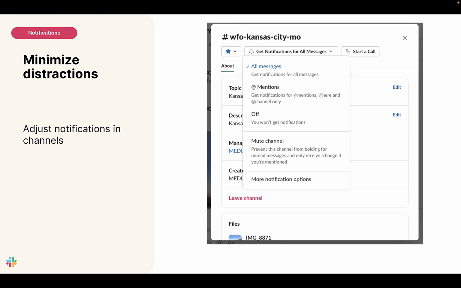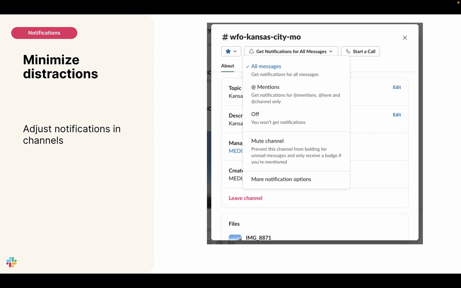the channel notifications. By default, Slack will notify you anytime someone mentions your name or tags a user group you're in or an entire channel. But you can change these settings to ensure Slack notifies you of all messages, which might be important and necessary if it's your primary WFO. This is great if you want to be alerted around weather warnings for your county.